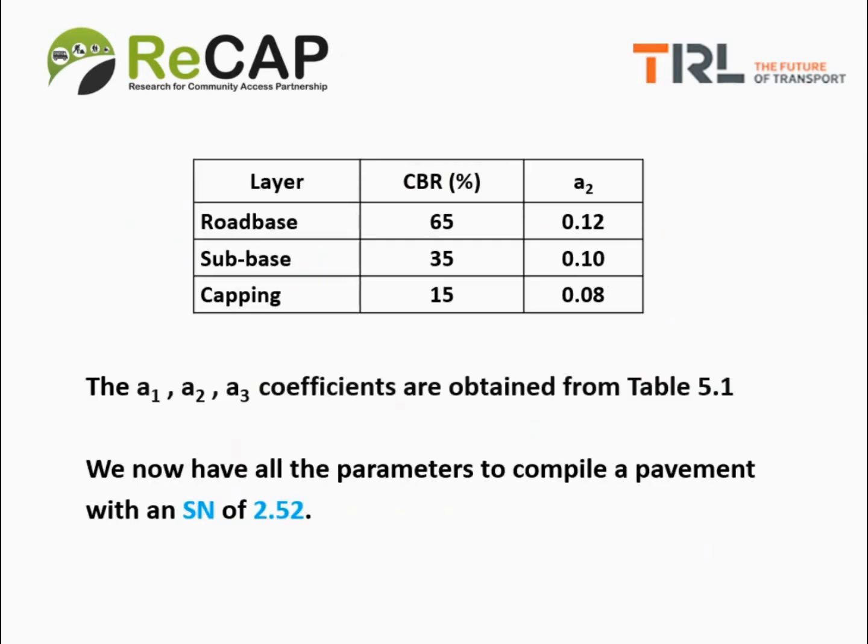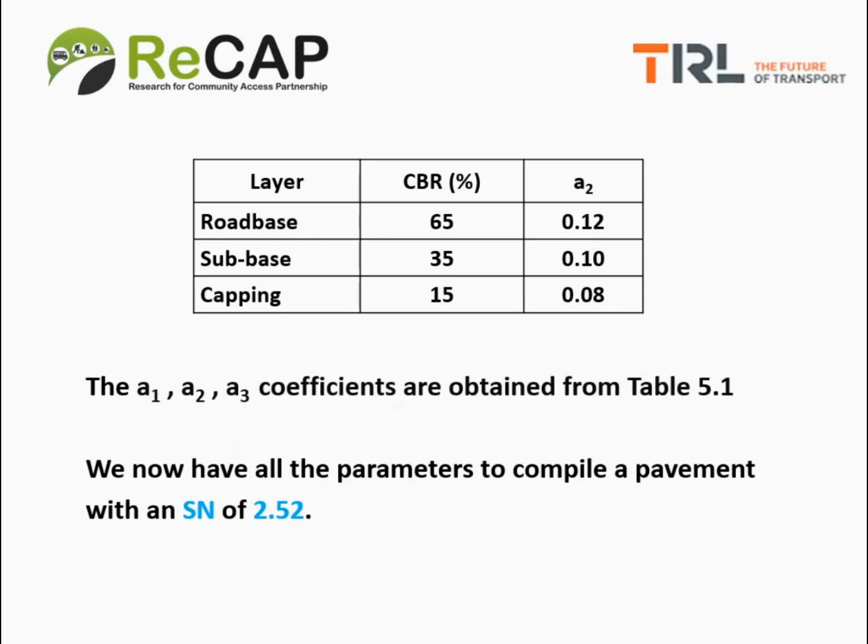Right, so this is the summary of the materials. The road-base material has a CBR of 65% at the design density and soak moisture content. It has a strength coefficient according to the AASHTO charts of 0.12. The sub-base has a CBR of 35 and a strength coefficient of 0.10. The a1, a2, a3 coefficients are obtained from table 5.1 in the road note. All we have to do now is compile a pavement with a structural number of